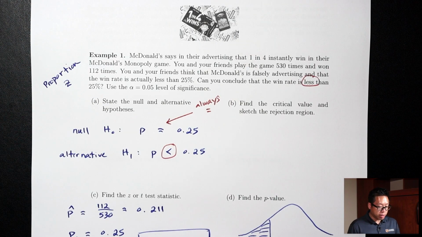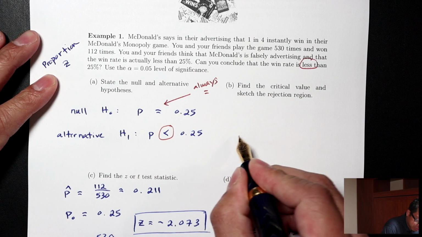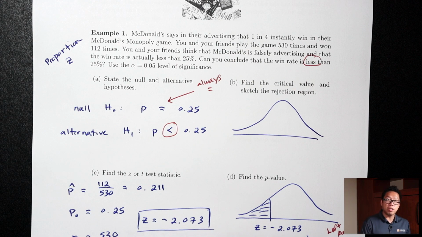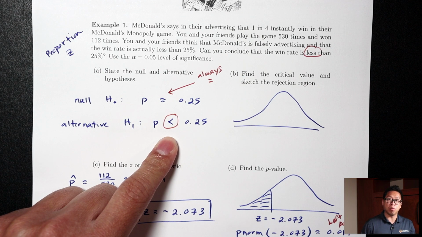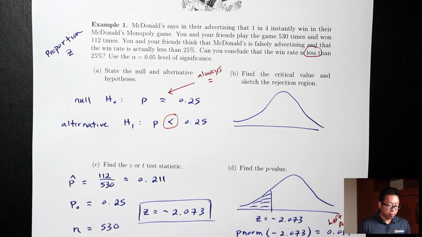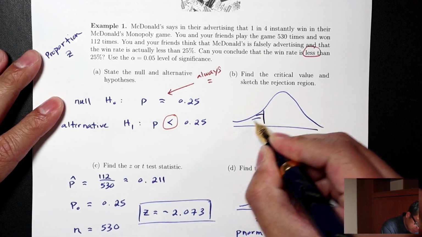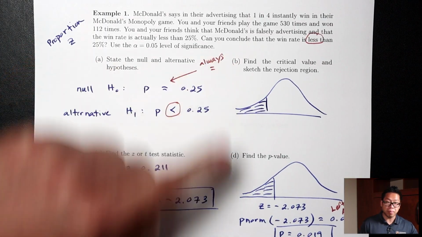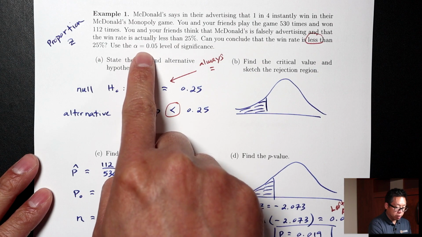So for part B, we're going to draw the same picture that we did in part D, either the z distribution or the t distribution, and when I draw it, it looks the same. This picture will either be shaded to the left, shaded to the right, or two tails. If it's a less than, it's going to be shaded left. If it's a greater than, it's going to be shaded to the right. If it's not equals, it will be two tails. This is less than, so it's going to be shaded to the left. You should have the same picture for parts B and D. For this picture, the shaded area is the alpha, and our alpha is 0.05.